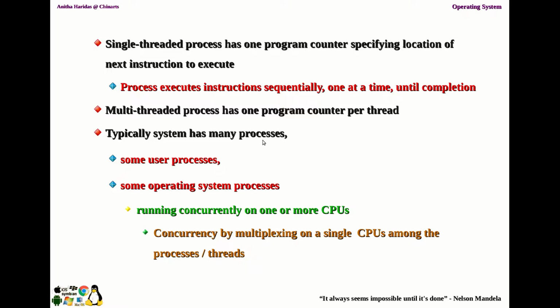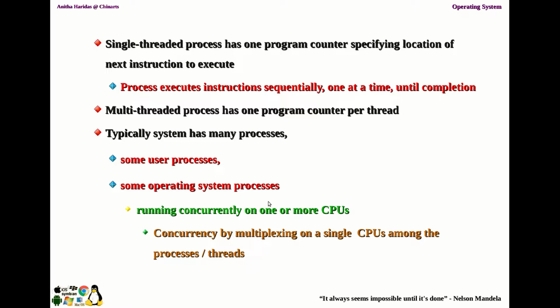When I say many processes, some of them will be user processes, user-initiated processes, like when you open a Microsoft Word document, or the web browser, or the file browser. These are the different user processes running in your system. And some are operating system processes.